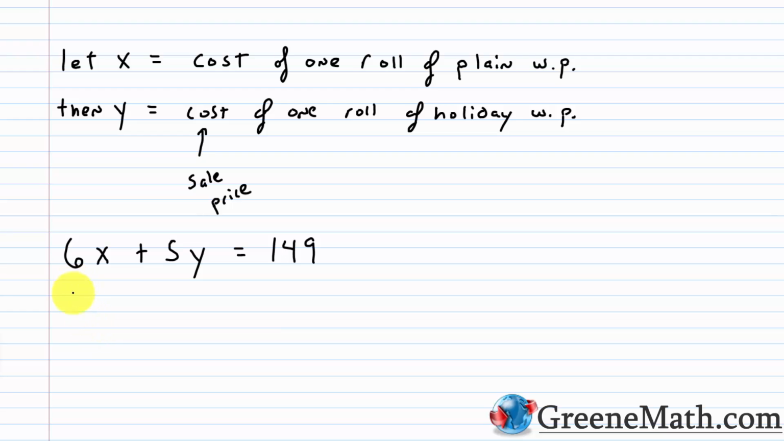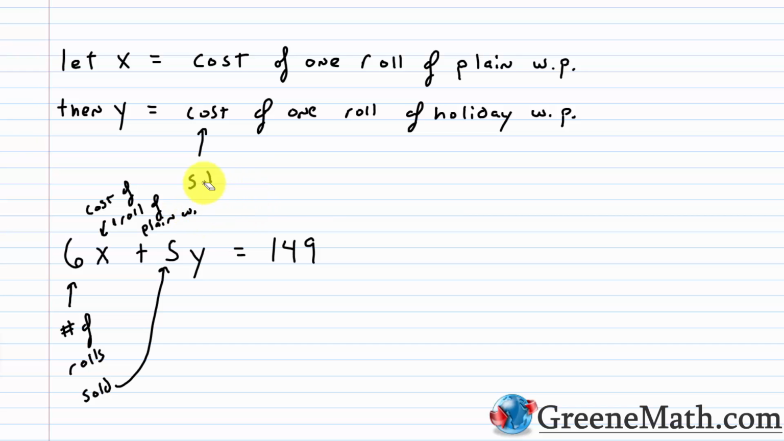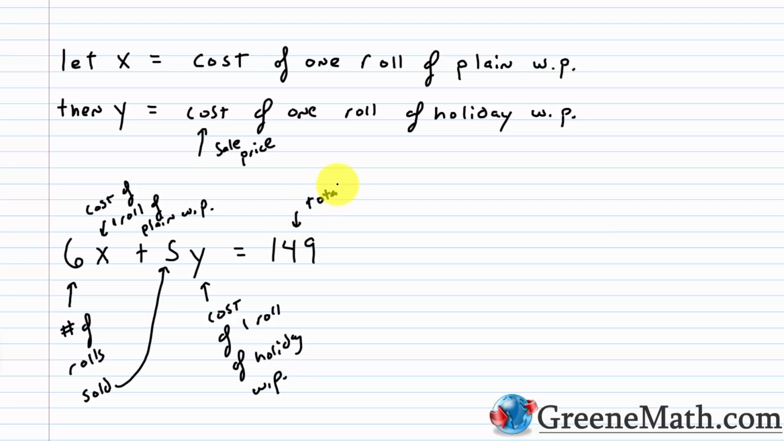And let's label this so we don't get confused. So 6 represents the number of rolls sold. And so does 5. So let me draw a little arrow over to 5. For x, this is the cost of one roll of plain wrapping paper. Then for y, it's the cost of one roll of holiday wrapping paper. So again, 149 is the total money she brings in. So I can put the total from the sale